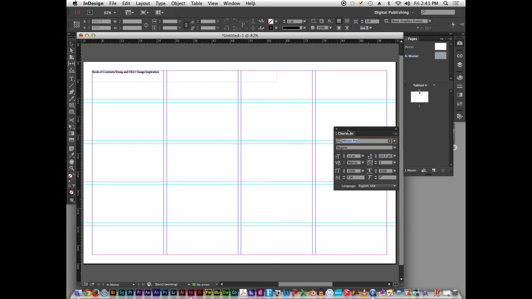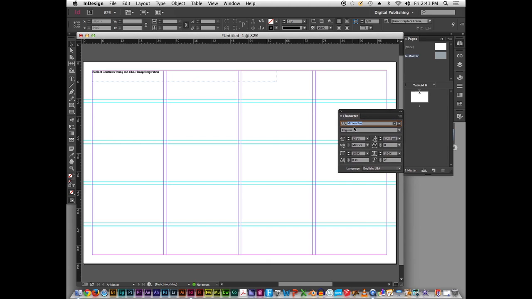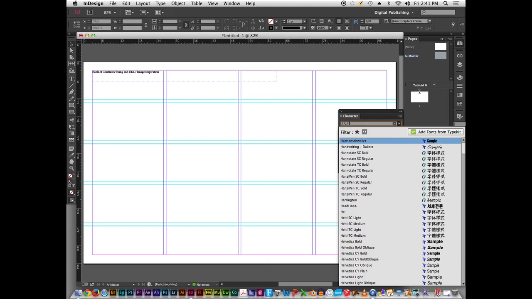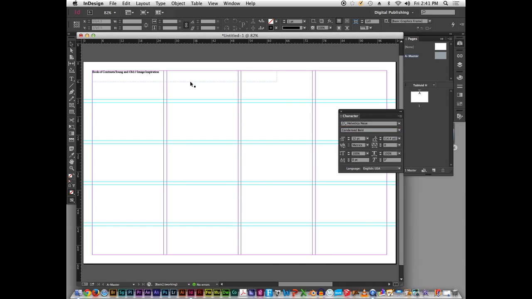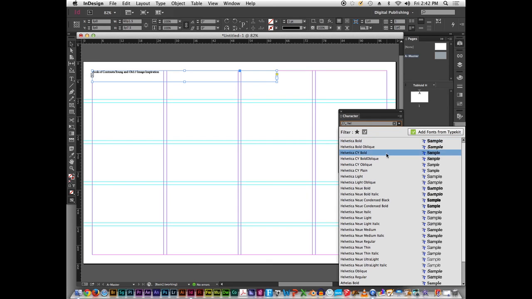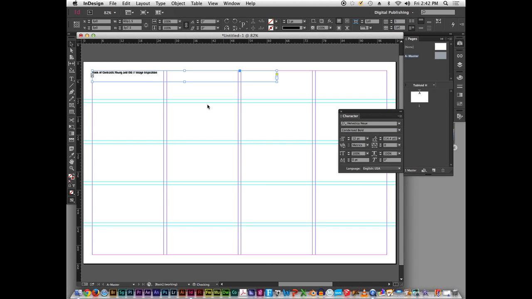And then that's going to bring up our type palette right here. So Minion Pro is fine if you want to use that. I mean, mine had Helvetica, so you can use Helvetica. Helvetica New Condensed Bold is fine. We'll do that. Actually, we're going to have to do that again because I didn't have it selected. So make sure you have it selected when you check that. So Helvetica New Condensed Bold or anything like that is fine. Anything clean, no wacky fonts, no crazy cool fonts, just something really classic, really clean, so that way it